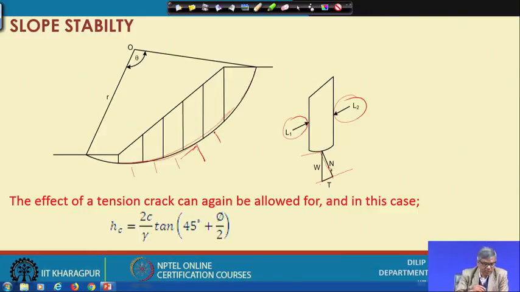I can also find out the effect of a tension crack. If I take it, then again I have to subtract HC. Suppose the tension crack comes here, then the slip surface will be terminated here, and I have to take this angle. It is a similar way, but the slice will start from here, and you have to ignore this. So, by this way if I do, then you will have